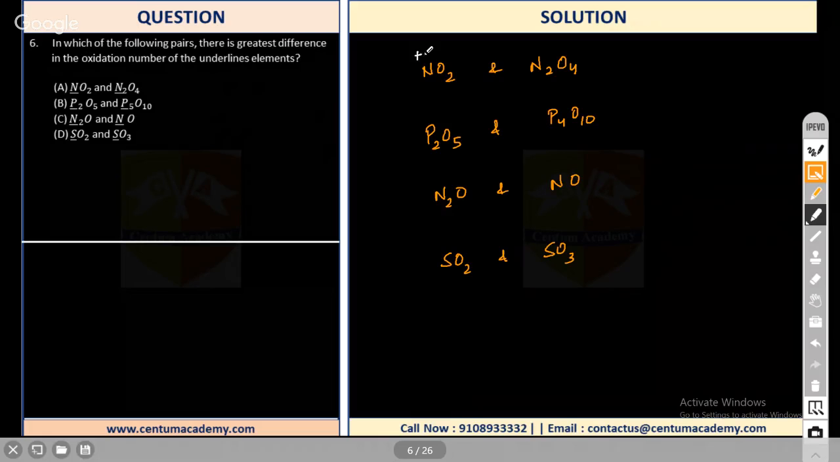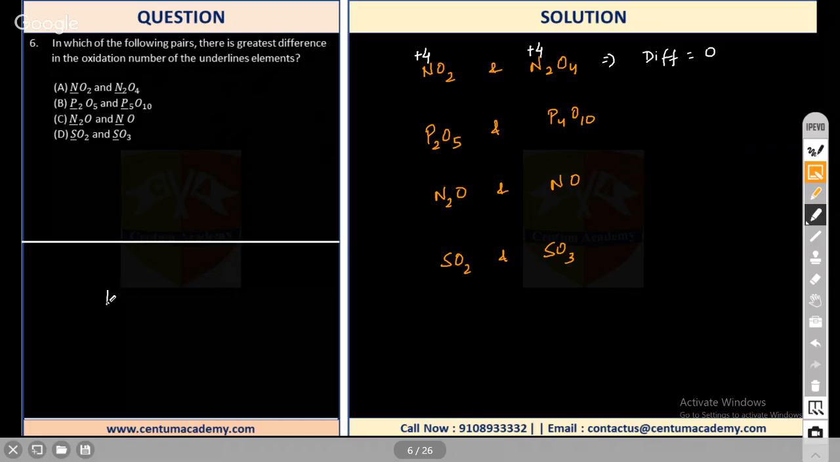In N2O4, nitrogen is in +4 oxidation state, and here nitrogen is also in +4 oxidation state. So what will the difference be? The difference here is 0, because we have to find the greatest difference. Here, phosphorus is in